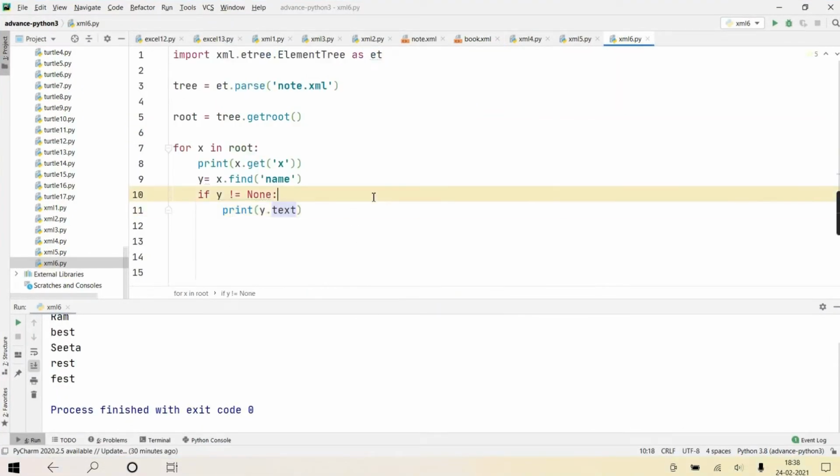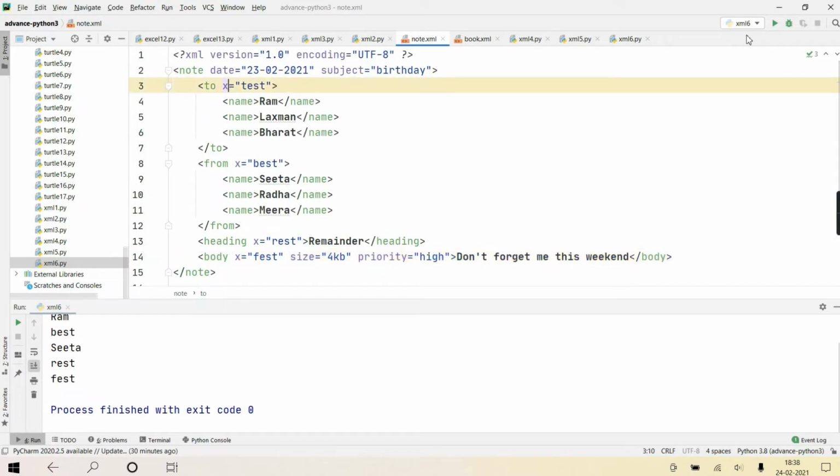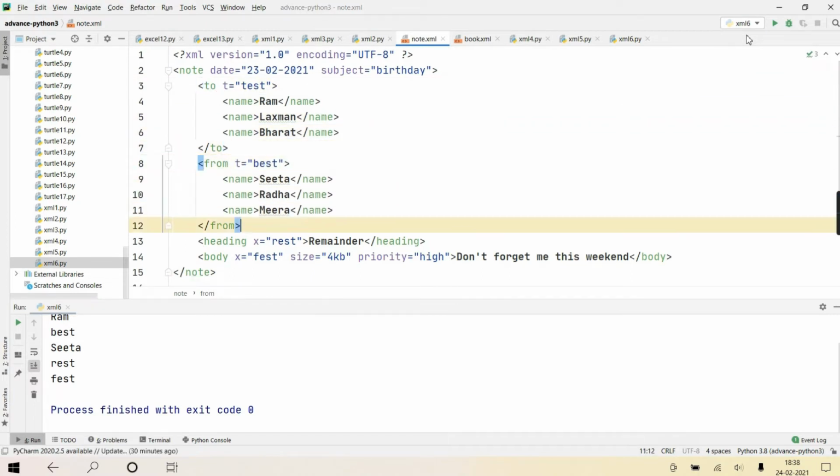I've used get here. Each child was having attribute x only; instead of that, suppose the attribute is t, and everyone is having attribute t. What I am doing is, root means note.